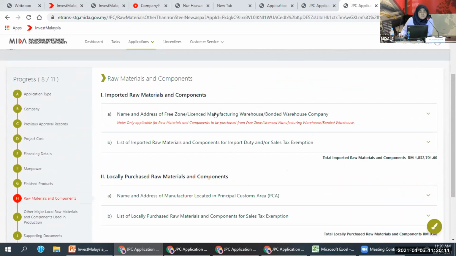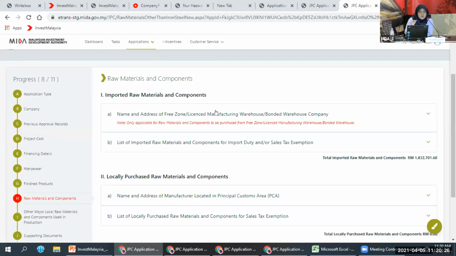Those who are familiar with the previous raw material and component application in JPC online will notice that in this invest measure system, we no longer have customs session.